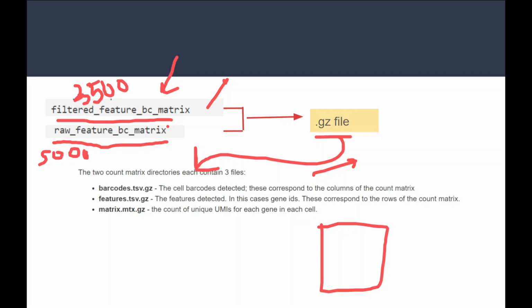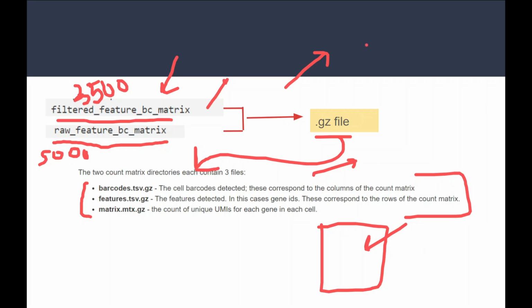And then you're going to extract them. These are the file formats. If you download the data from some other database, let's say NCBI or the Single Cell Portal of the Broad, you will have a simple count matrix. You don't have to do the combination. There you will have a count matrix .gz file that is already converted, so you already have the count matrix.